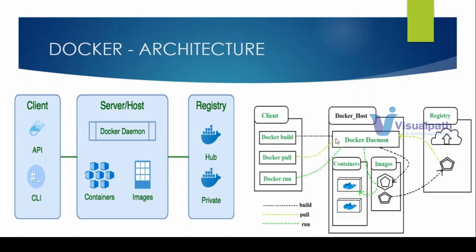So you can see here that the client is interacting with the Docker daemon, and with the help of docker build, we are creating an image by using the configuration from the Dockerfile. When we need to run Docker on particular instances, we execute the command docker pull, to pull the images from the registry, and docker run we use for running a container. Docker run internally calls pull itself also. So when you execute docker run, it pulls the image, identifies the target image, and then creates the container by using